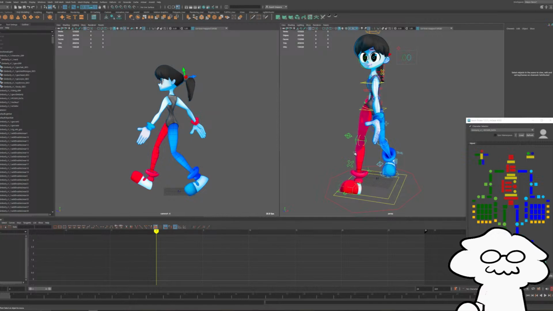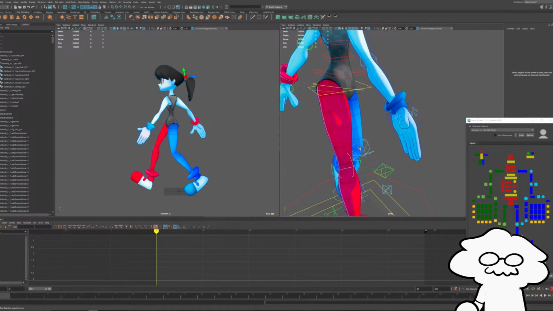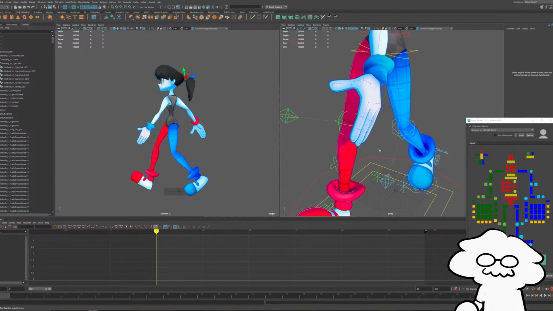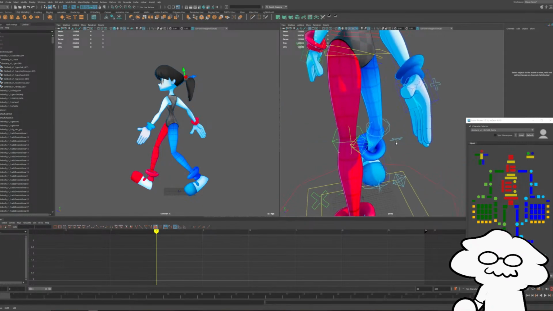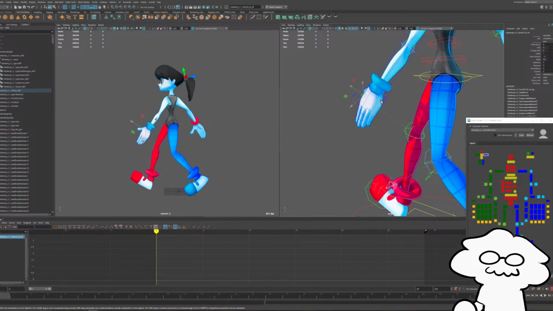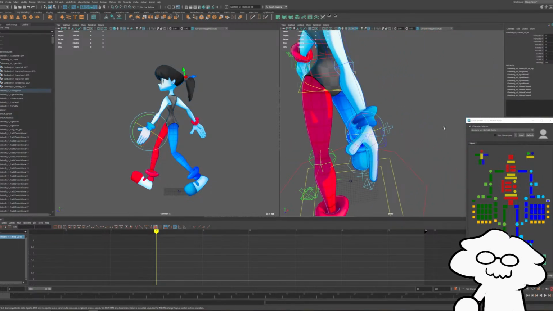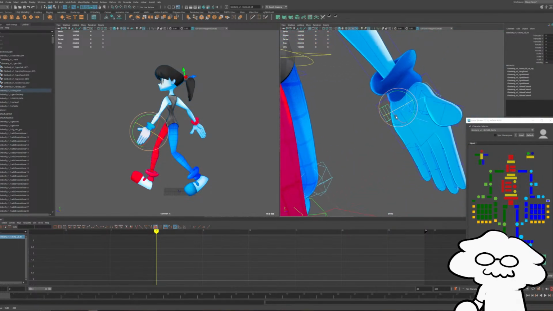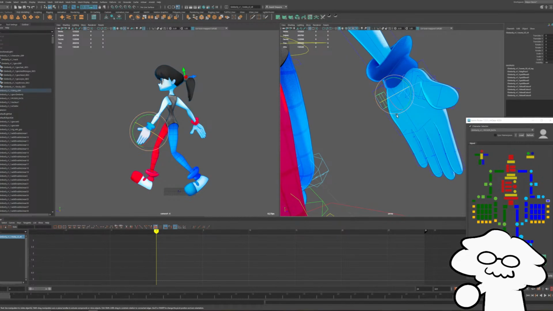So let's curl the fingers inwards. My rig has a metatarsal control.